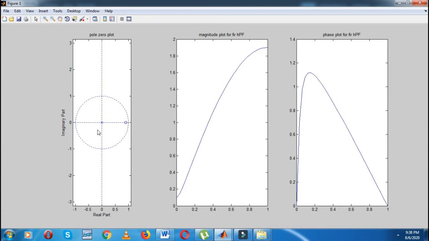So how can we understand that this is an FIR high pass filter? The 0 is present at this position. Already we know that a 0 rejects the frequency. Now the 0 is present at this point, where we have the low frequency, so absolutely this 0 will reject that frequency and it will pass whatever the high frequency is. So that is nothing but an FIR high pass filter.